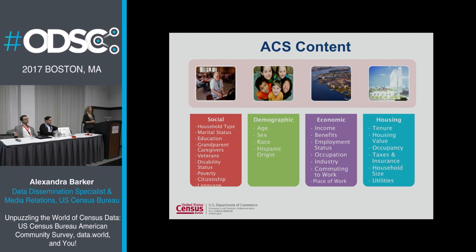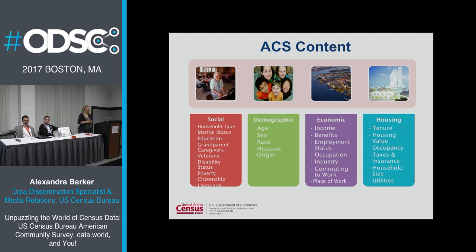Okay, so let's move into content, and this is what gets really important here. The ACS covers a really wide variety of content. It's not as specific as a lot of our surveys, like the construction survey, health survey, or labor force survey. We are covering demographic, socioeconomic, and housing content in many instances. So you would find a lot that you can cross and a lot of different pictures you can draw from it. What we see to be important for people to know is which areas they can go to.